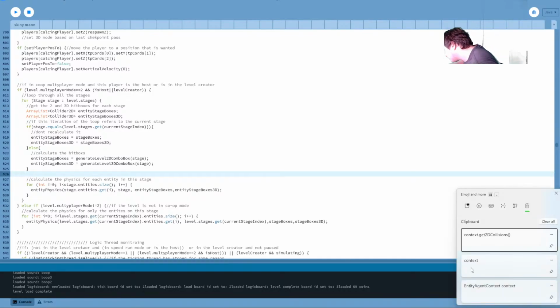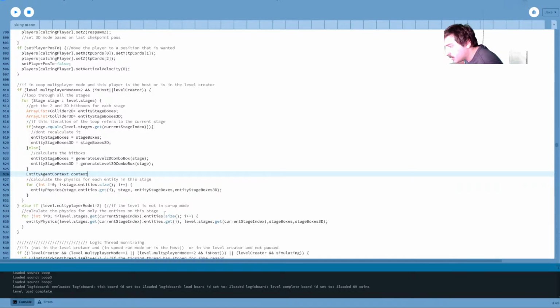So we'll make... what is it? So, agent context is equal to a new integer agent context. We pass in MSPC.